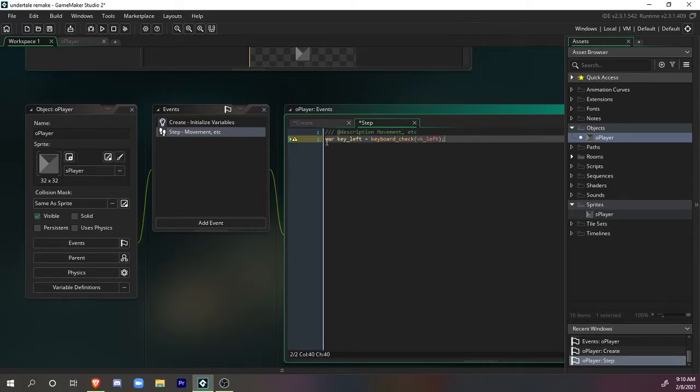Okay, so what did I just do? I declared that this would be a variable only existing in this code using var, and then I said what my variable was named and what my variable was holding. So keyboard check basically checks what key you're holding, which VK left means your left arrow key. So if we do this again,